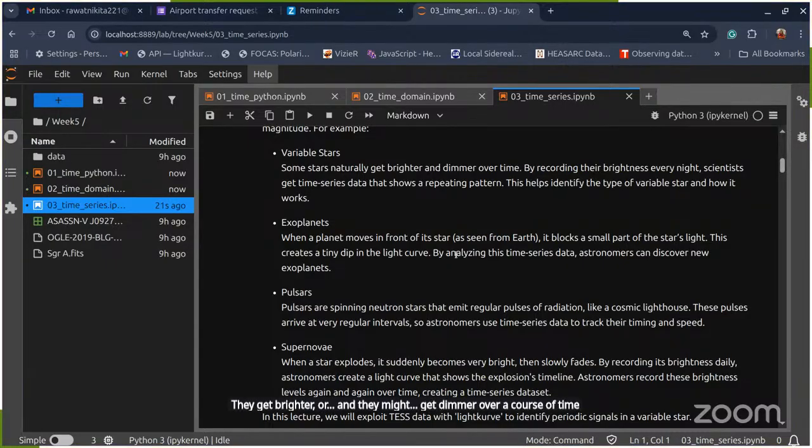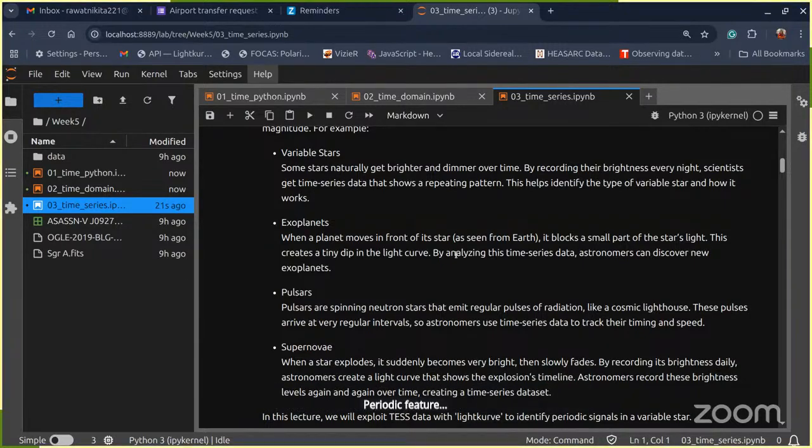If we just record their brightness every night, we get their time series data, and we can understand what kind of variability and what kind of periodic feature